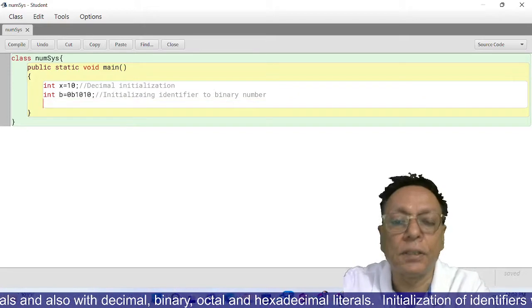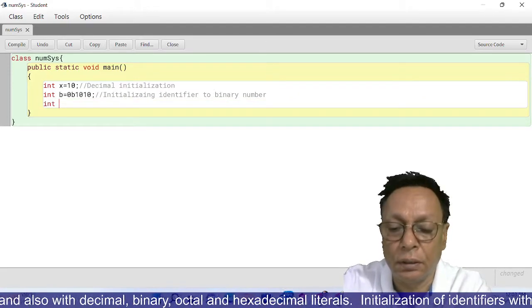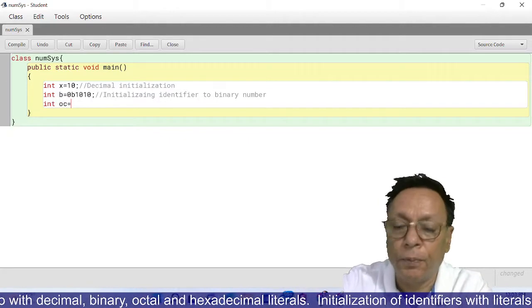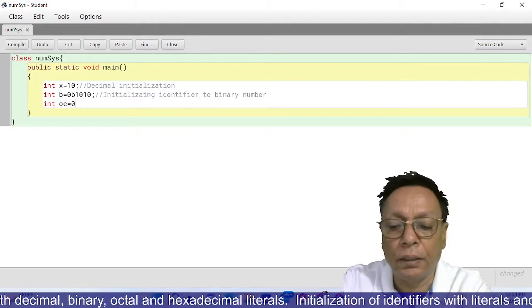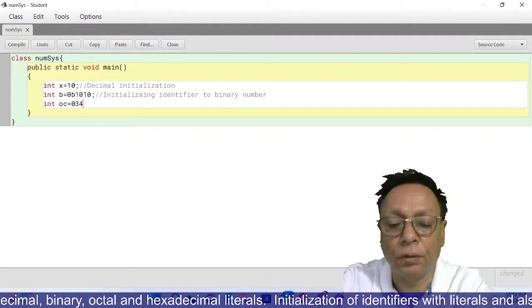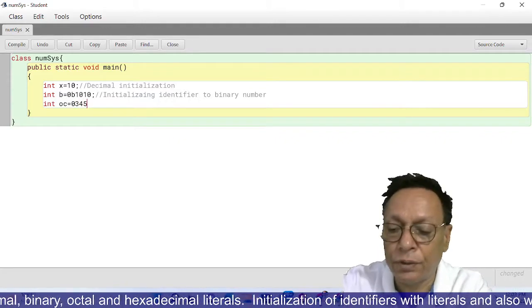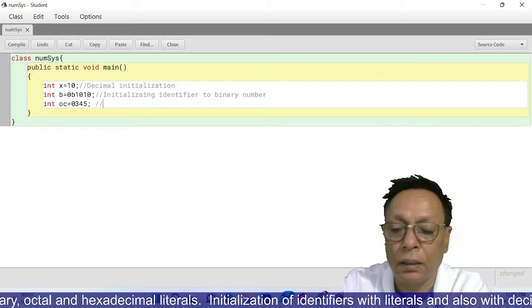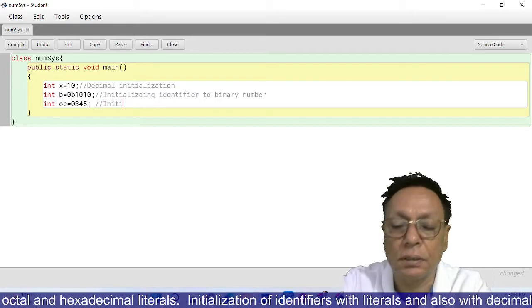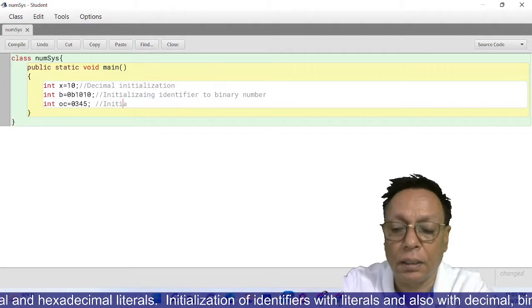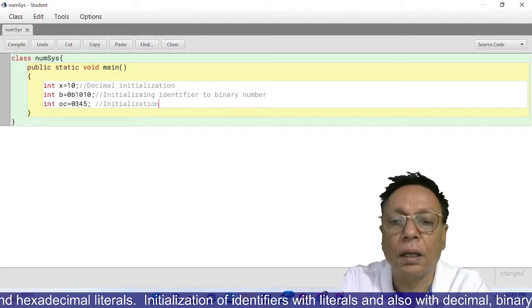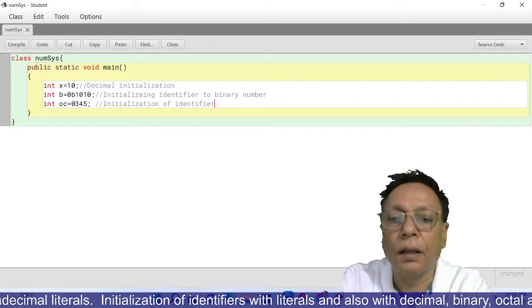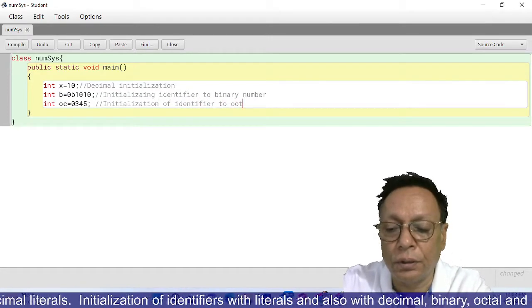The next is octal. Say OC is equal to 0, then say 3, 4, 5. So this is octal initialization of identifier to octal number,